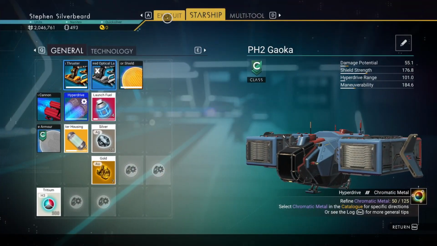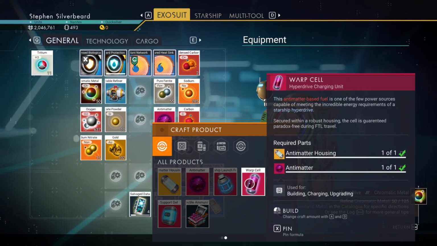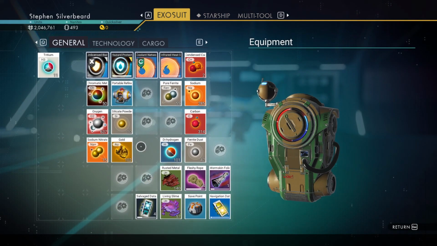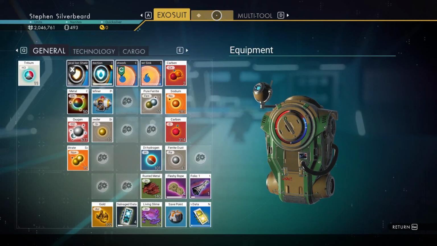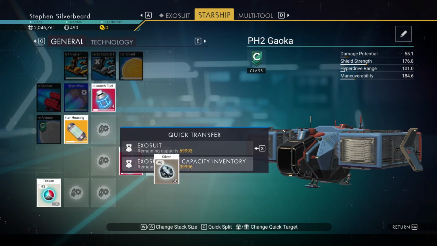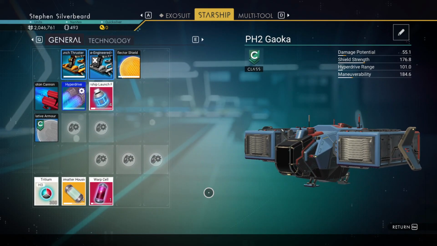I think we just got some antimatter, which means we should be able to make some warp fuel. We got one antimatter. That gets us underway. That can go to the exocraft. That can go to the exocraft. So once we've got some chromatic metal,